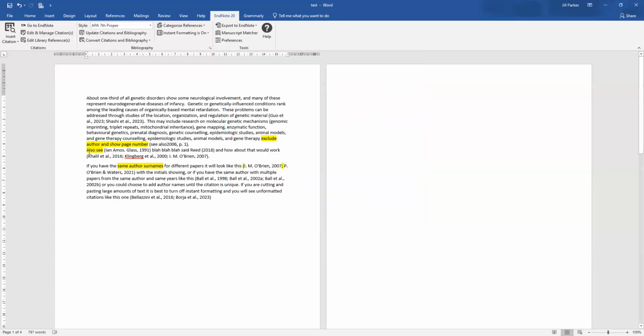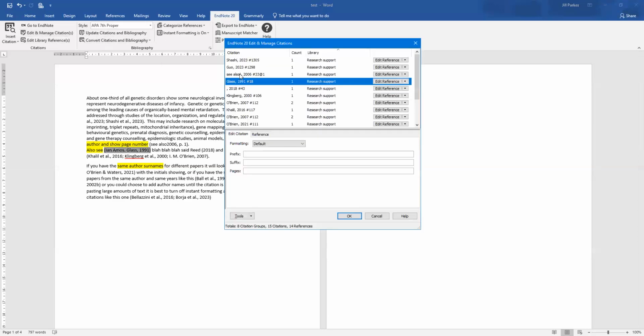Another thing is to check if you think, oh, my reference isn't displaying how it should. In this example, Ian's full name is displaying in that reference, and I don't want that. I think, well, what's going on there? So if I go edit and manage citation, and it's highlighted the citation here, I want to go edit the reference, and then that takes me to